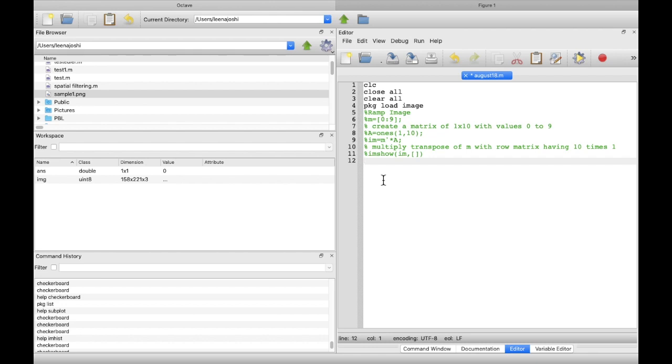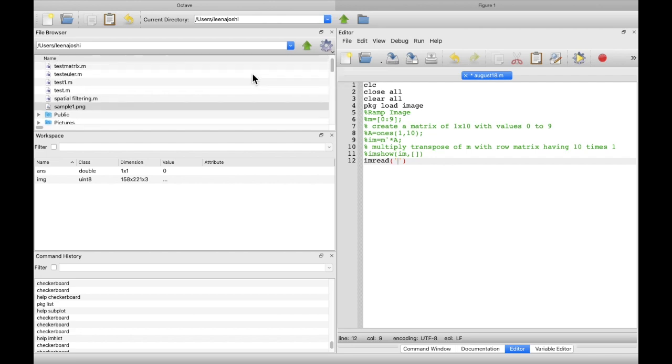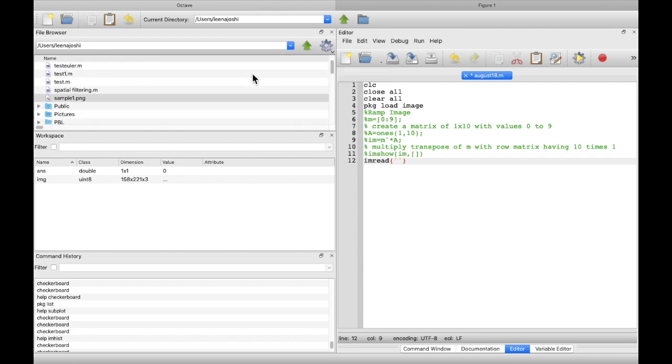Next we want to read an image from the directory. So we will use the imread command, imread within brackets, single inverted commas. We will write the name of the file. JPG, PNG are all supported formats. Make sure that the image file is placed in the same directory that you are using as the current directory in Octave. So here is my image file sample1.png,